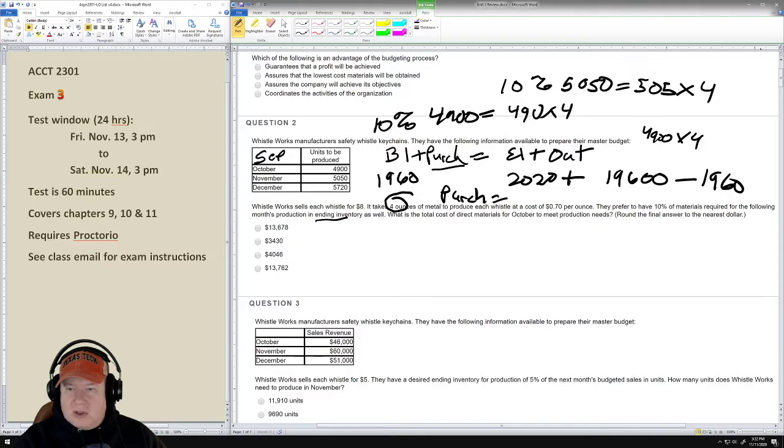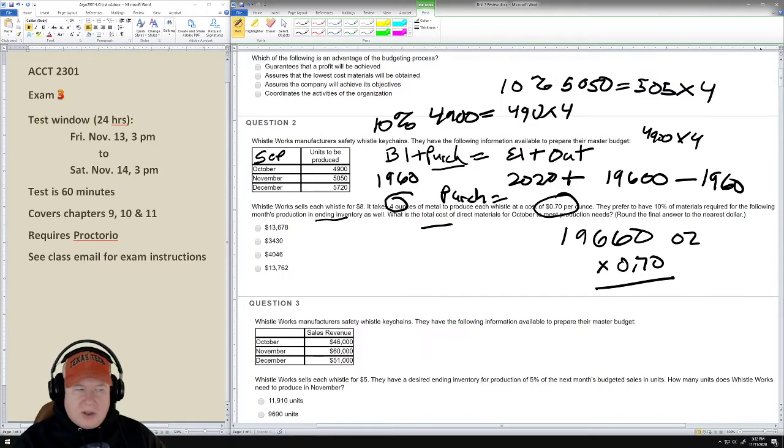So it'd come down to 19,660. So that'd be the amount of ounces. And what are they asking for? Oh, the total cost. So we would take this, and the total cost is 0.7 per ounce. So we'd multiply that by 0.7. And so that's going to come out to, I see now, that comes out to this answer here,